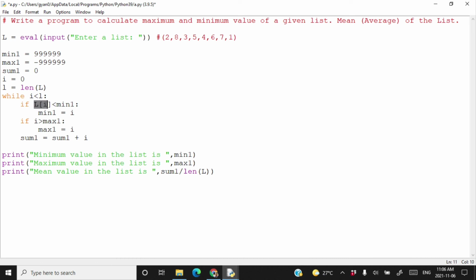If l[i] is less than min1, then min1 is equal to l[i]. If l[i] is greater than max1, then max1 is equal to l[i]. And then you write sum1 is equal to sum1 plus l[i].